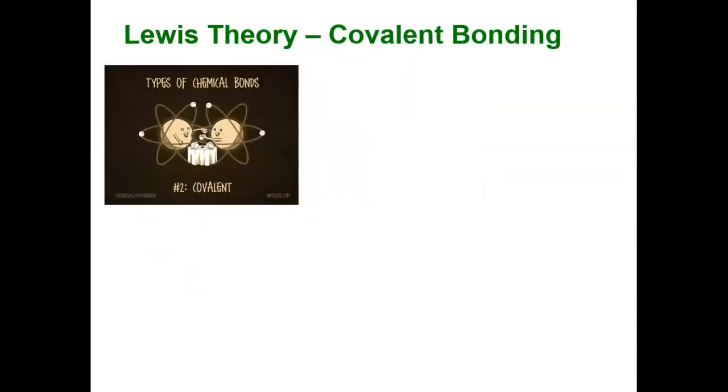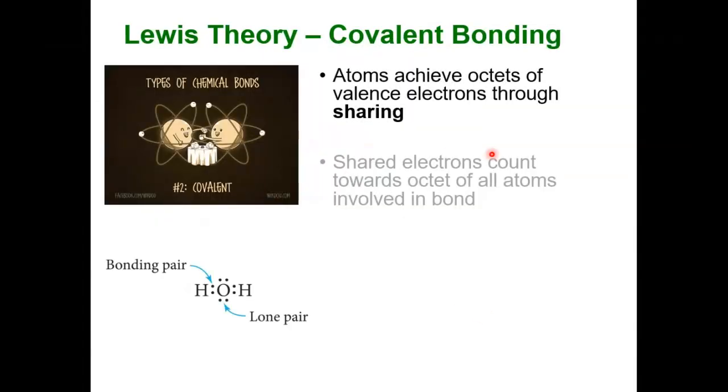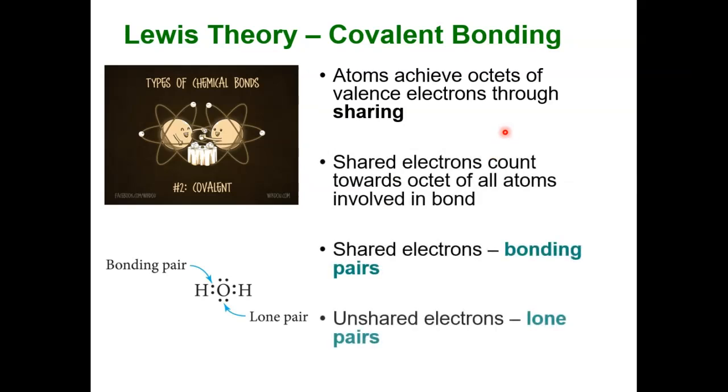What we want to look at, though, is the idea that Lewis theory says everything wants 8 valence electrons, because that means all of the valence orbitals are full for the most part, with exceptions. The sharing of electrons is not the transfer, but the sharing of electrons is how nonmetals can achieve their octets. So we are sharing electrons to get an octet. And when we share electrons,